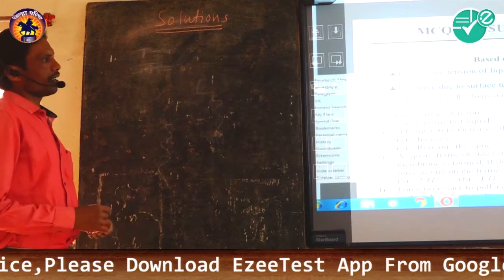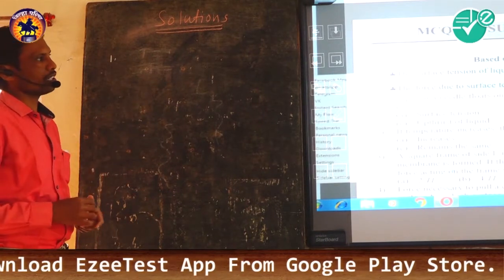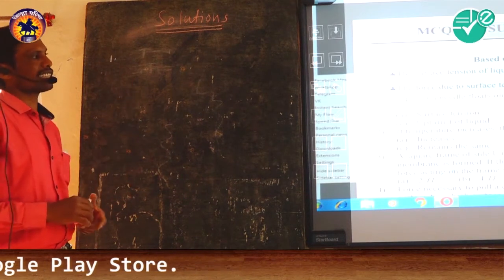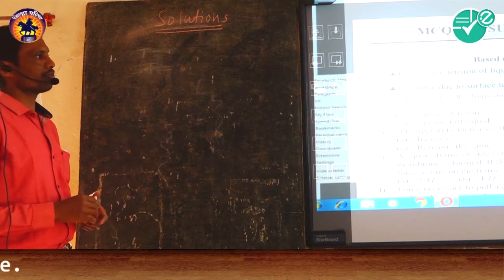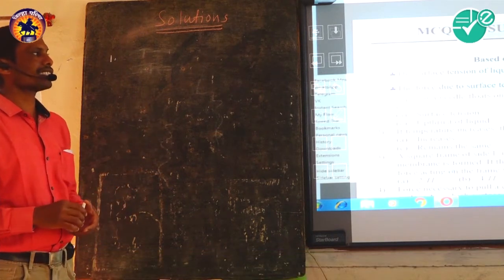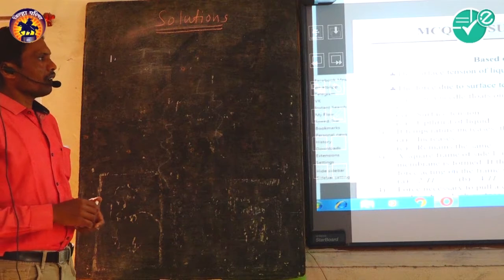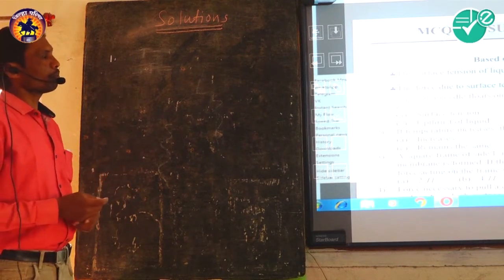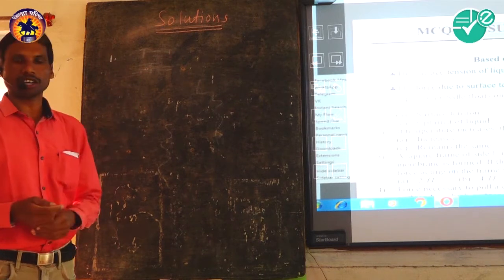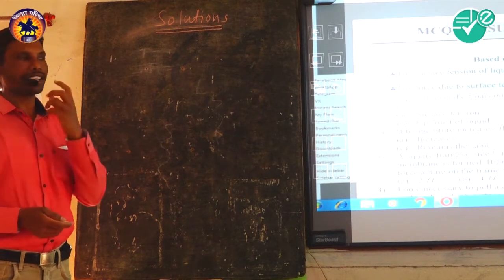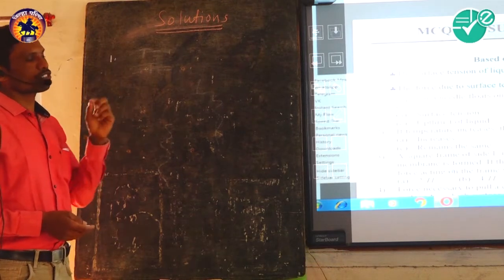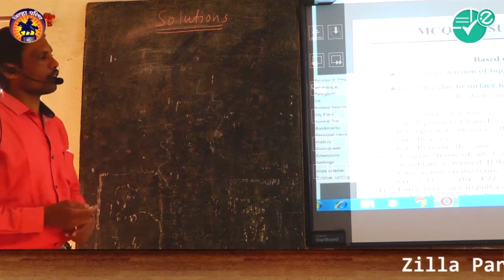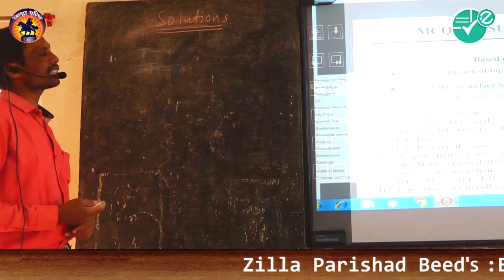A pin or a needle floats on the surface of water. The reason for this is: number one option is surface tension, second one is less weight, third one is upthrust of liquid, and last one is none of the above. What is the correct alternative? Here the needle or the pin floats on the surface of the water because its weight is balanced due to the force of surface tension that is acting vertically upward, and that's why the correct option is A, and that is the surface tension.